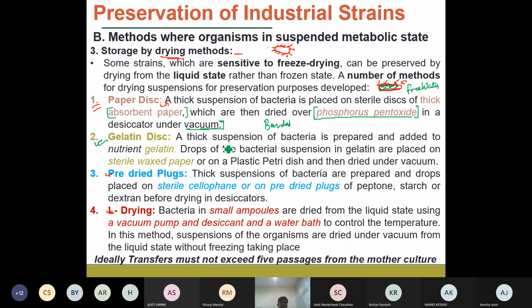So in this, again, a thick suspension of the bacteria culture is prepared, and then it is added to a nutrient agar. So gelatin, I am sure everyone knows, when we heat it, it is in the liquid state, but at room temperature, it forms some sort of a jelly-like structure. Okay, and we prepare a nutrient gelatin. As the name suggests, there are some additional components that are required, for example, to maintain the viability